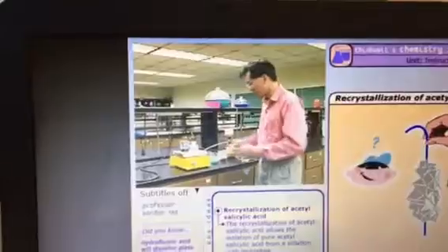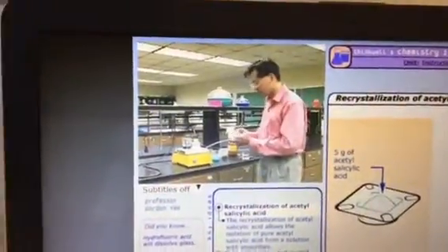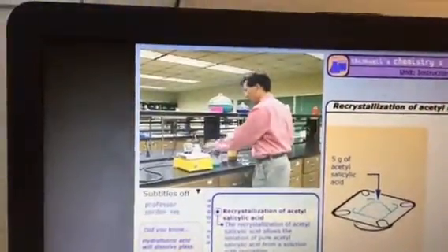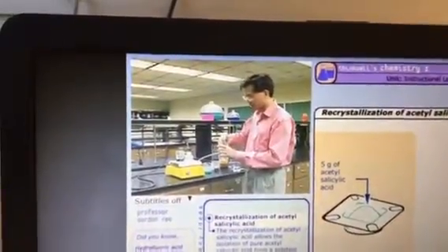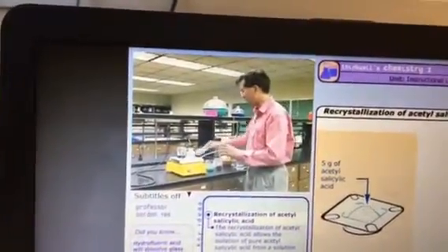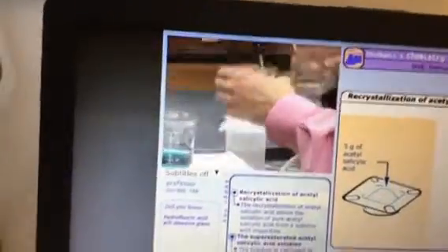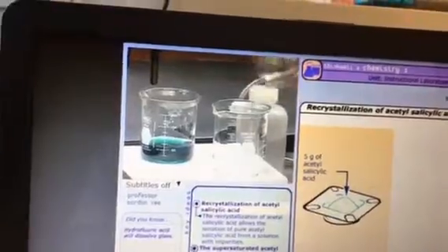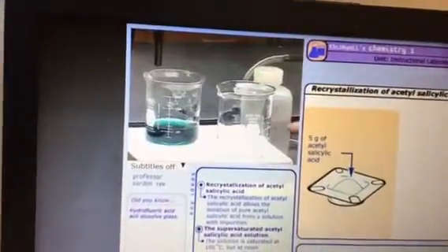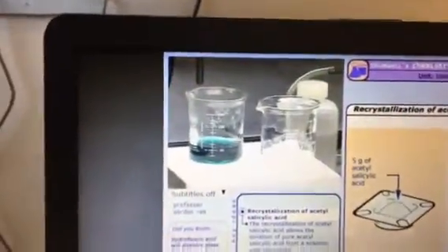What I have here is 5 grams of acetylsalicylic acid. It's a white solid, and it's microcrystals. They're little tiny crystals. And the technique involves dissolving this acetylsalicylic acid in water. But what we're going to do is dissolve it in water at its solubility limit at high temperature. So in other words, we're going to put it into a beaker and add some water, and we're going to heat the water up, and we're going to add just enough water until it's saturated at the high temperature,